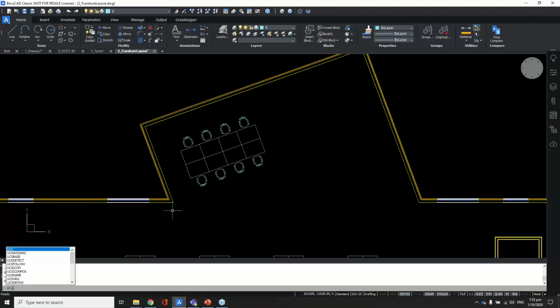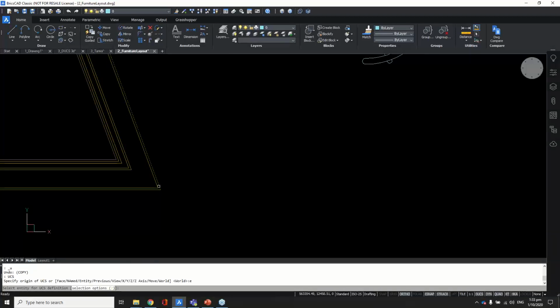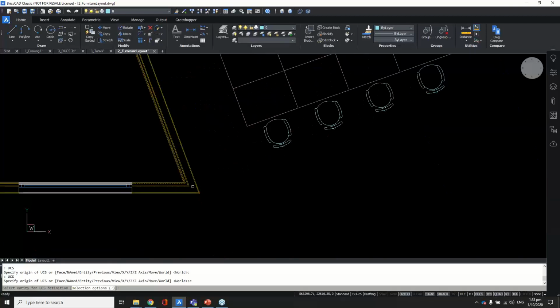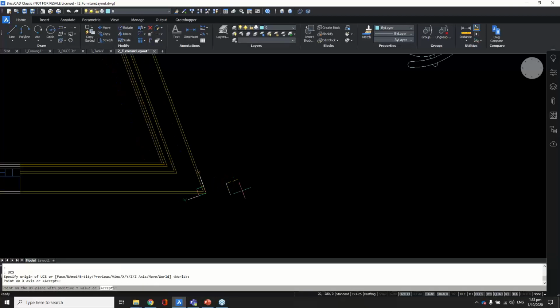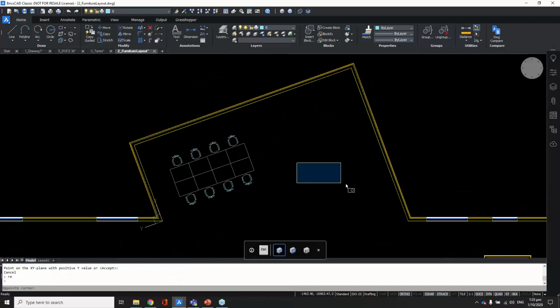So what I can do is inside BricsCAD, we have UCS in 2D, dynamic UCS in 2D, which we can just pick which axis we want, and we can directly do that again. Okay. Yep. So if I just make a rectangle, then